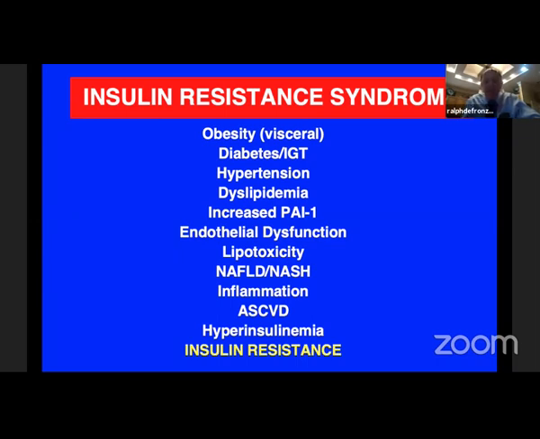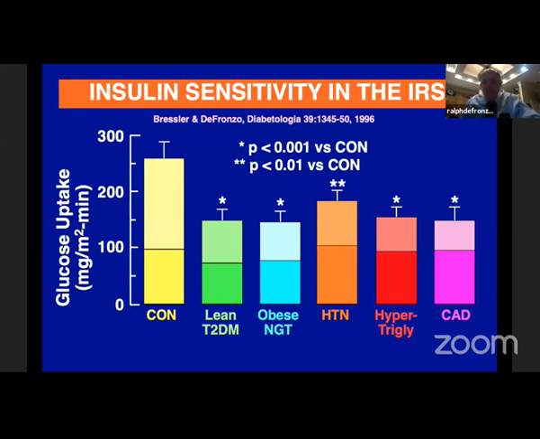So now, as we were publishing these data, what we did is systematically take every one of these phenotypes and we performed insulin clamps in them. And so the rate of glucose uptake in response to insulin is shown on the y-axis. The control subjects are sort of the standard that we're going to compare against as we go across. They're in yellow. Lean type 2 diabetics, obese, normal glucose tolerant individuals, severely insulin resistant, people with essential hypertension, hypertriglyceridemia,